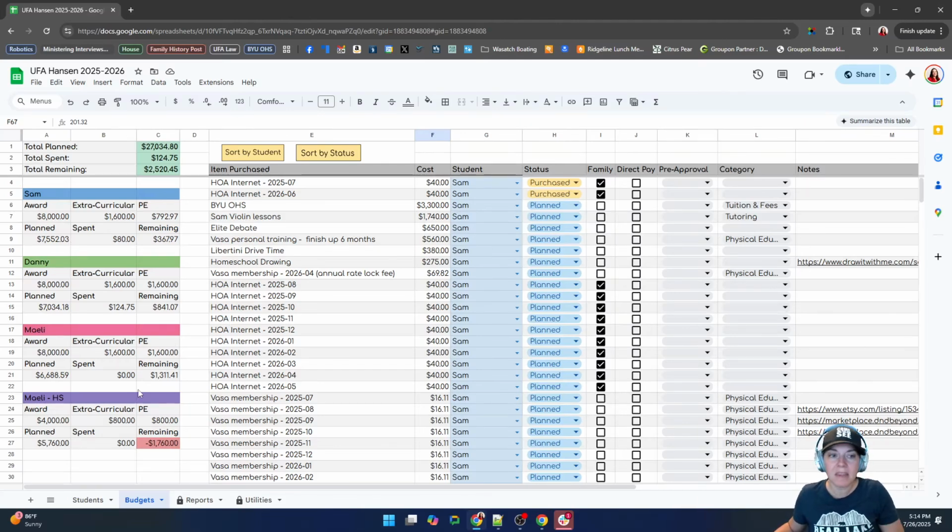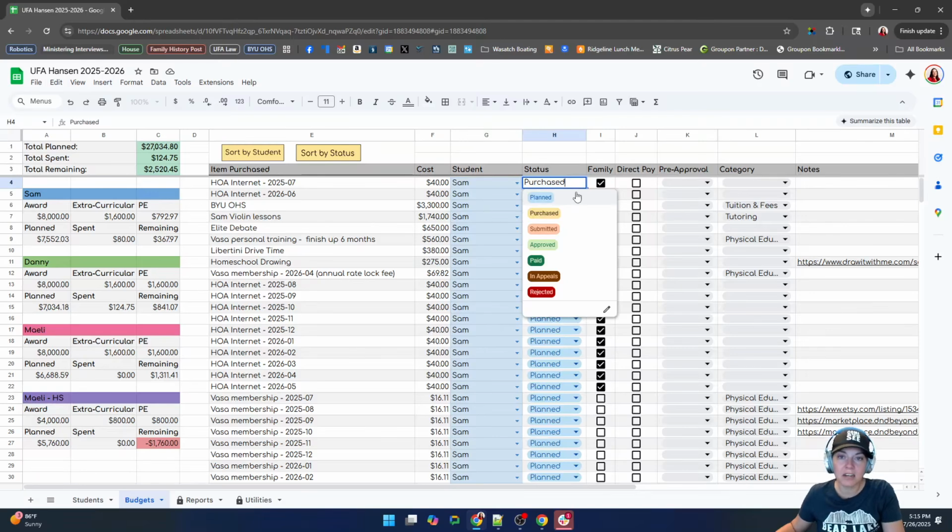with real data. So if you go to the budgets tab, you'll see up here at the top, these are your family totals, and then breakdowns by students. I'll go over this with you in a little bit. We're going to start over here though. On the right, you have all of your individual expenses. So I think that it's pretty straightforward. You can put a description, whatever you want in there, the cost, select which student it belongs to, and then